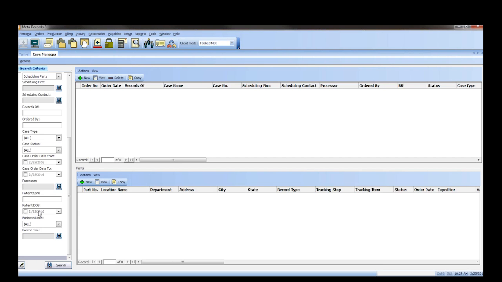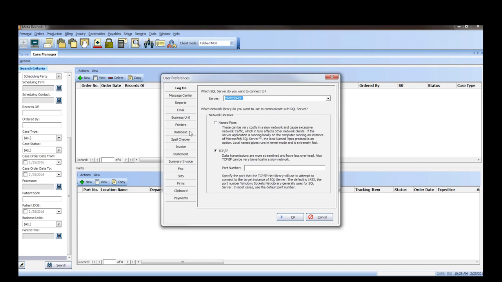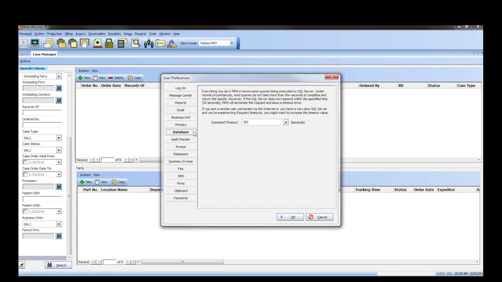If you're using DOB, we suggest extending the database timeout on each PC. To do this, you'll click on Personal, select User Preferences, and we're going to click on the Database tab. So you can pull the drop down here and extend that timeout.